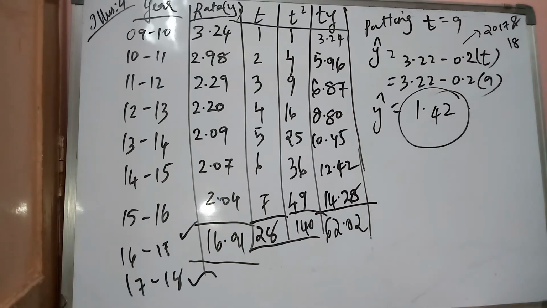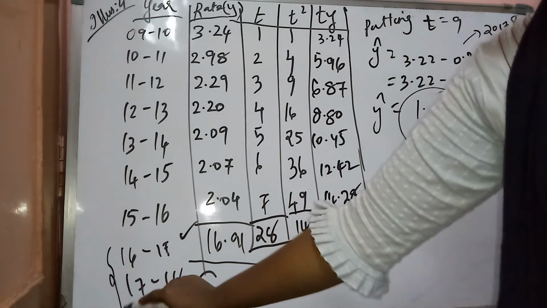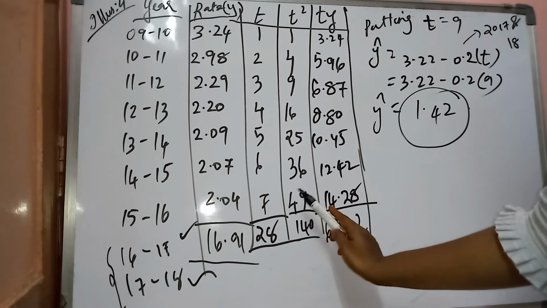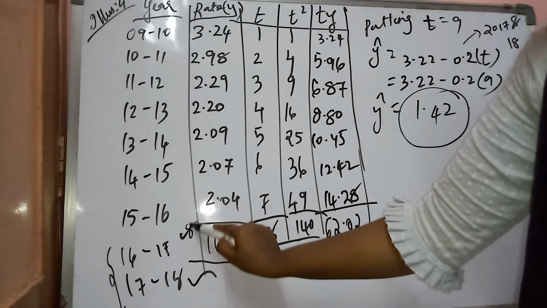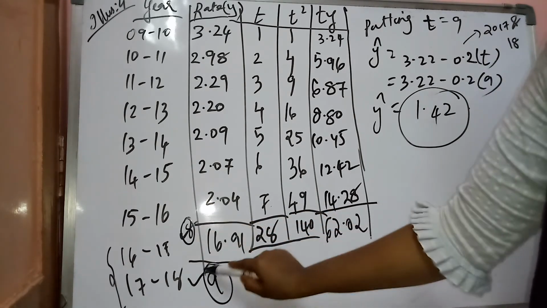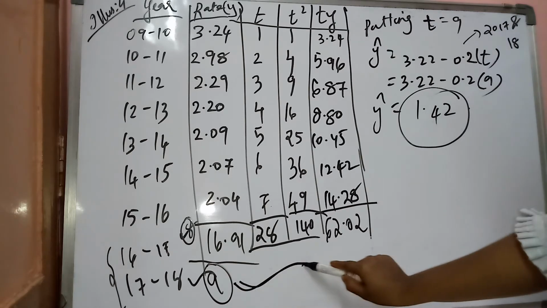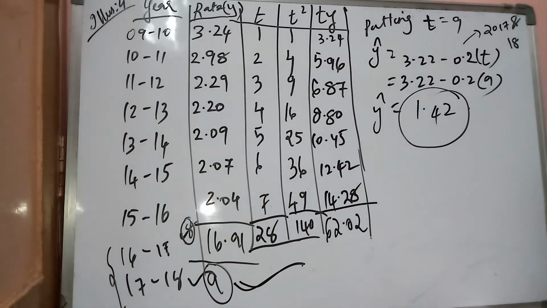You are asked to find out for 2 years, right? I forgot. Sorry, it's my mistake. So 2016 and 17, both the years has been asked. Okay, both these years has been asked. So for this it is 7, then for this it is 8, and this is 9. So I have already found for this. Now you have to find for this.